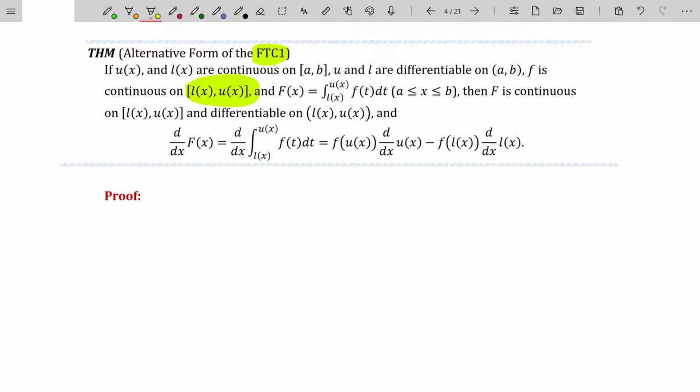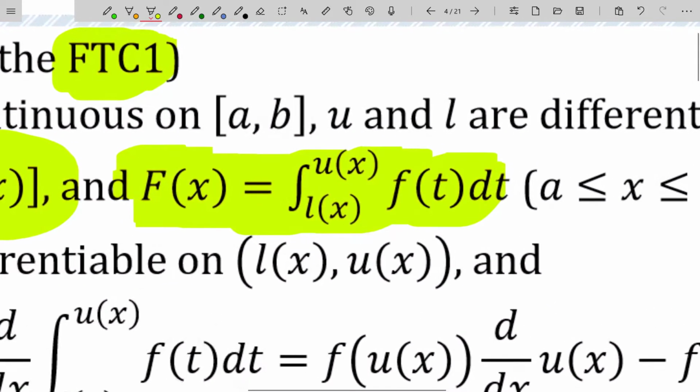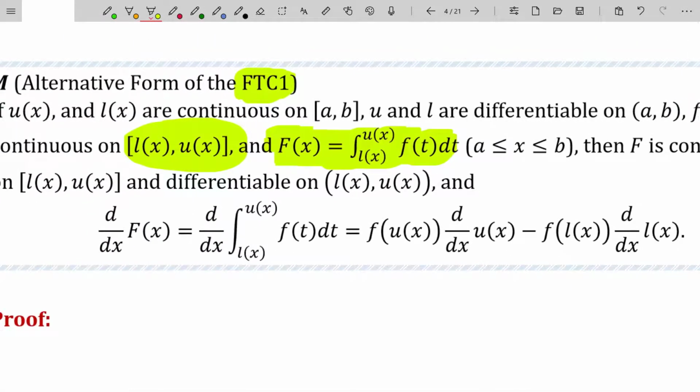And capital F of x is equal to this definite integral right there, that integral function. So all of this is the if part. If all of those things are true, the most important piece being this, well, they're all important, but this part right here, that your integral function has an upper and a lower limit that are not just x's, but functions of x's,